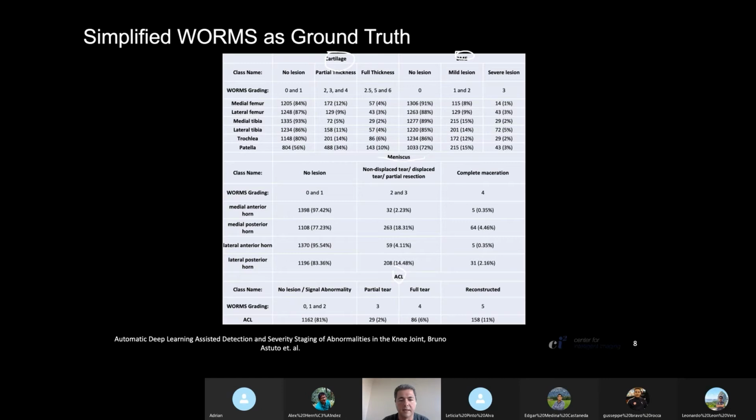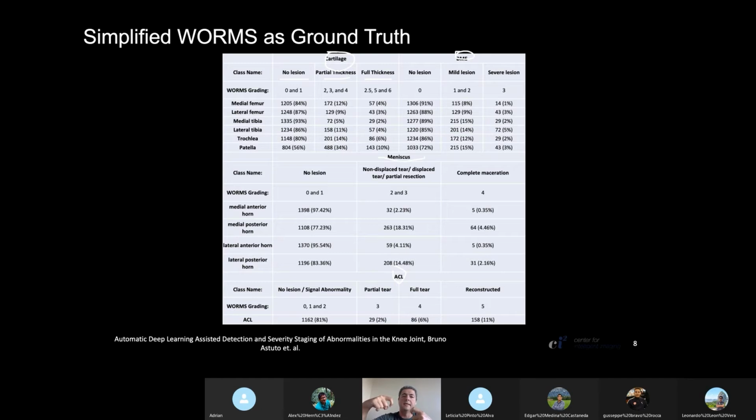And the three classes that we are interested in, which is no lesion, partial thickness lesion or mild lesion, and the full thickness lesion would be a severe lesion. So we have three classes for each region of interest. Three classes for cartilage, three classes for bone, three classes for meniscus, and on ACL we have three classes here plus a fourth class if the meniscus was reconstructed,